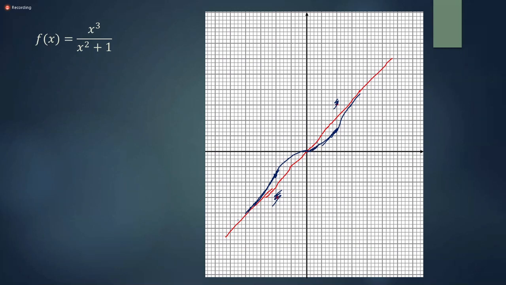So this is for the general understanding of how functions are investigated. And you will do the complete